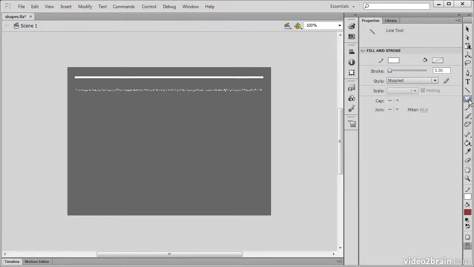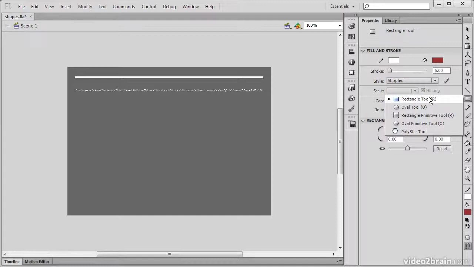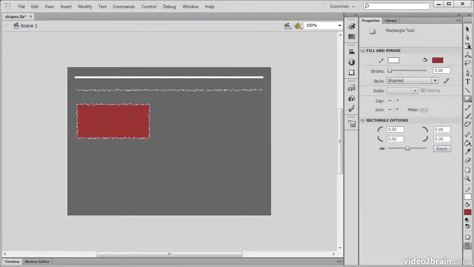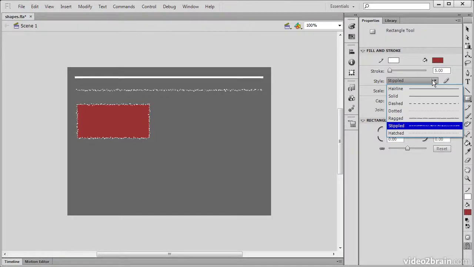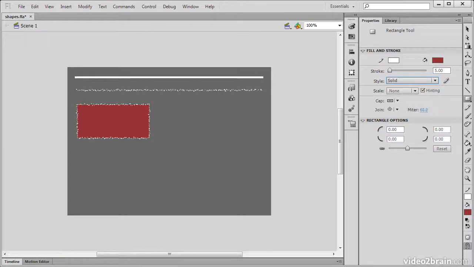The shape tools, we have pretty much two different groupings of shape tools. We've got the rectangle and oval tool, and what these will do is create for us a rectangle or oval, and we click and drag to create these. If I click and drag to create a rectangle, we can see that it actually inherits whatever the last stroke settings I had. So if I change this right now, it's not going to change it for this one, but if I create another one,